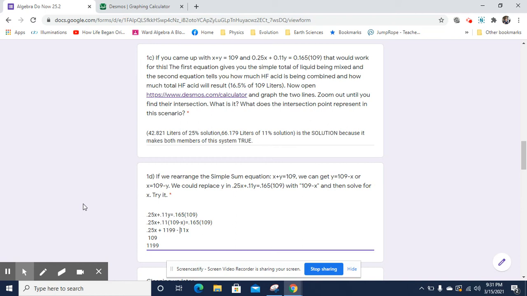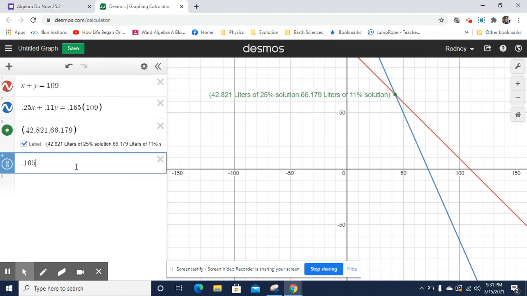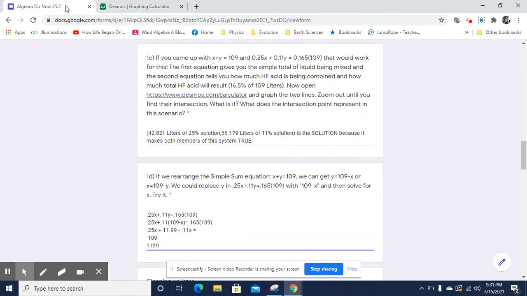And I actually messed up my decimals because I forgot that I'm dealing with a decimal. So that's going to be 11.99. Okay, so it's 0.25x plus 11.99 minus 0.11x. And that's going to equal 0.165 times 109. So I'm going to go into Desmos and let Desmos do that. 0.165 times 109. And I get 17.85 equals